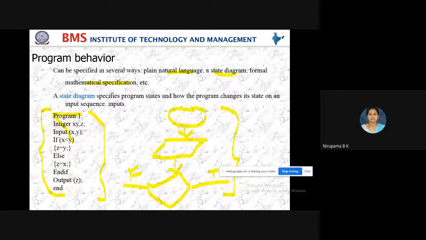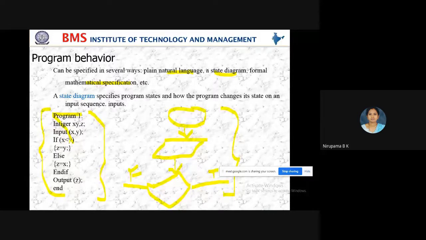This is nothing but logic. Here I am taking three integers, taking two inputs, x and y. If x is less than y, which will be the larger number here?